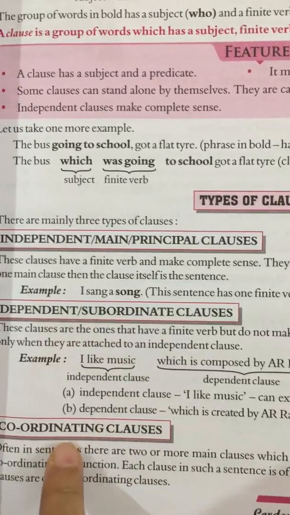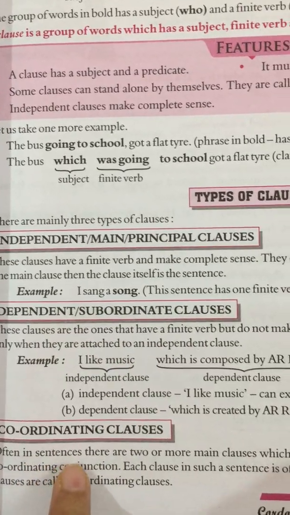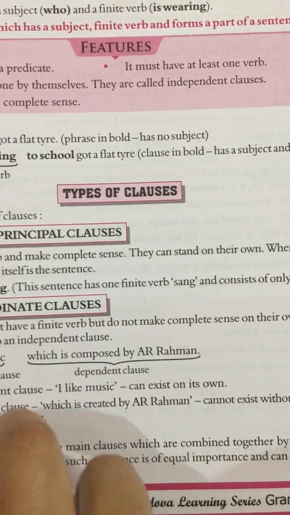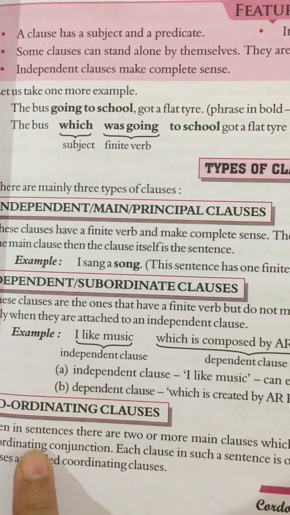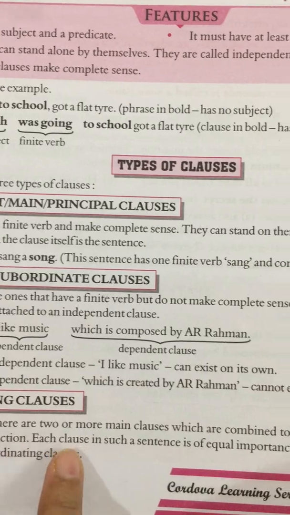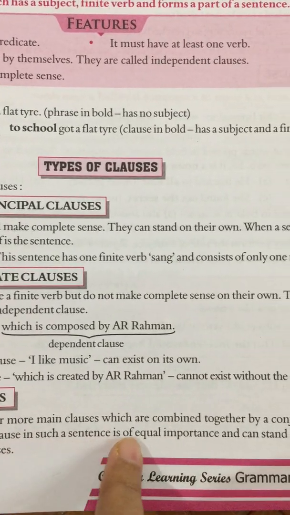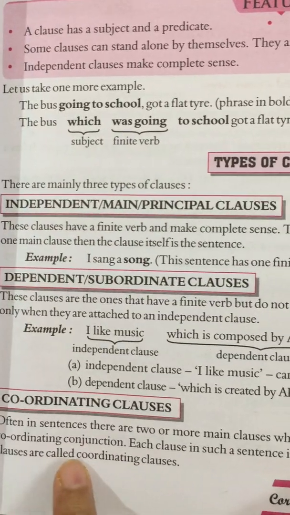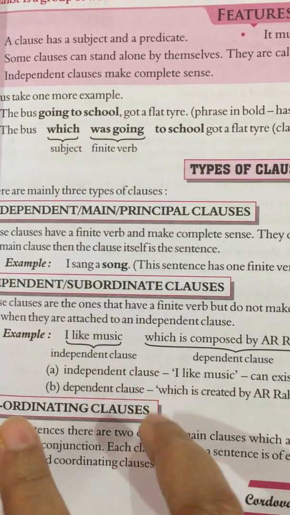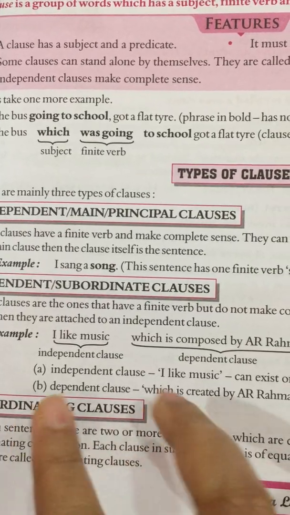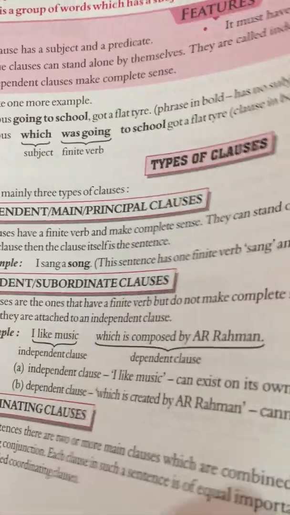Now what are coordinate clauses? Often in sentences there are two or more main clauses which are combined together by a conjunction. Such conjunctions are coordinating conjunctions. Each clause in such a sentence is of equal importance and can stand on its own. Such clauses are called coordinating clauses. The coordinating clauses are clauses that are joined by a conjunction. For example,